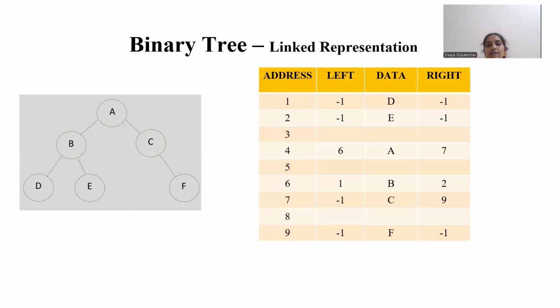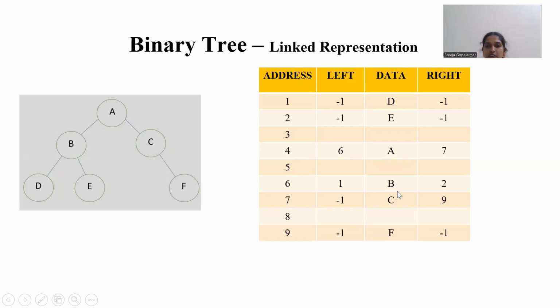So here we can have one more example. We will be taking the same example and representing it in the tabular column format, which means we are going to have different addresses for each and every node. Consider I'm having addresses from 1 to 9, and these nodes are stored randomly somewhere in the given addresses. You can see A is stored at address 4. To the left of A, I'm having B, and the right child of A is C, which means A's left part should hold the address of B.